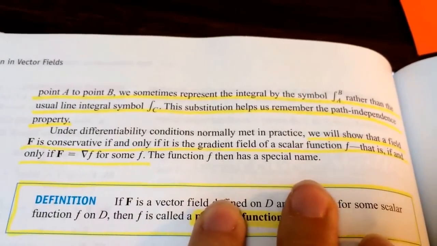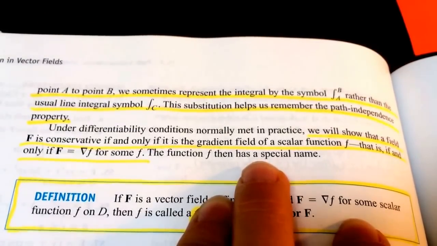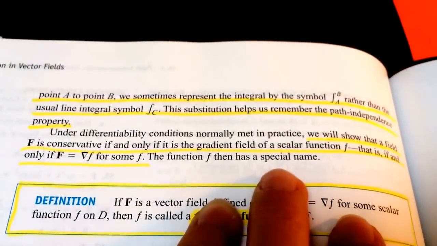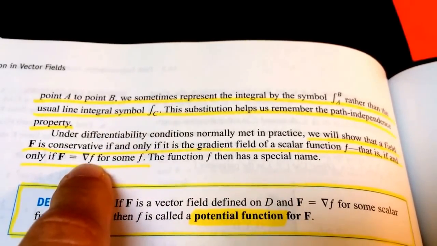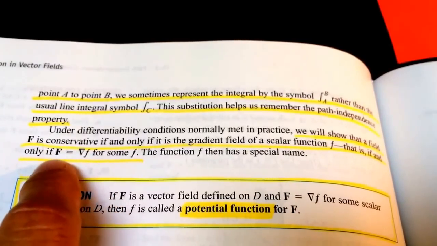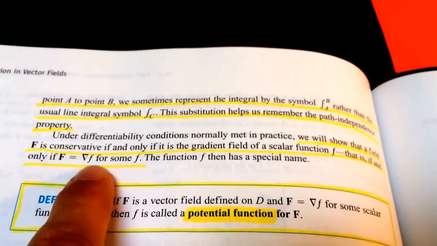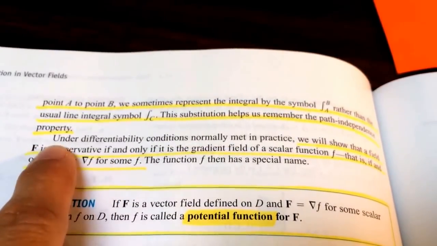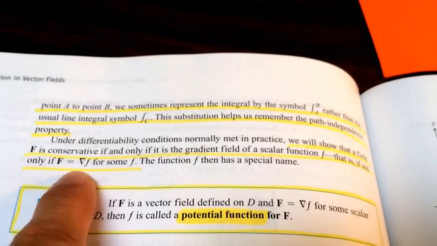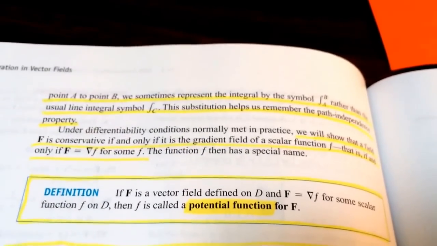Okay, and then here, if a vector field is conservative, well, this works both ways, so it's an if and only if. If it's conservative, then you can find this lowercase f such that if you took the gradient of this lowercase f, it would be equal to that capital F. Or in the other direction, if this is true, then it's conservative. So if it's conservative, you can find this f. If this is true for this f, then it's conservative. So if and only if works in both directions.